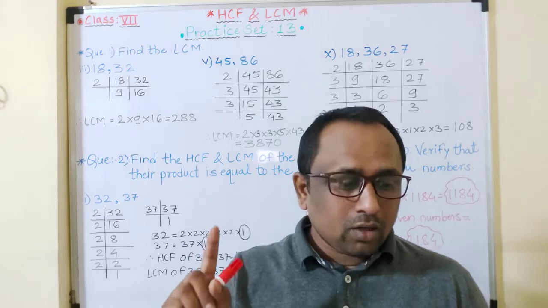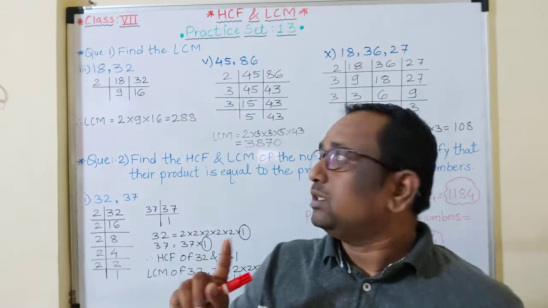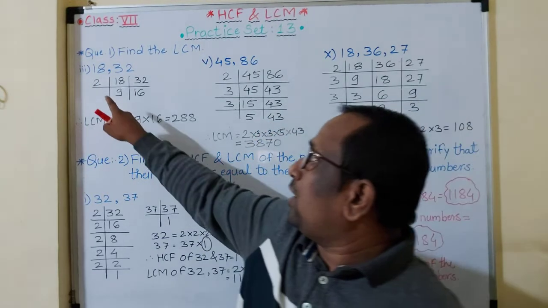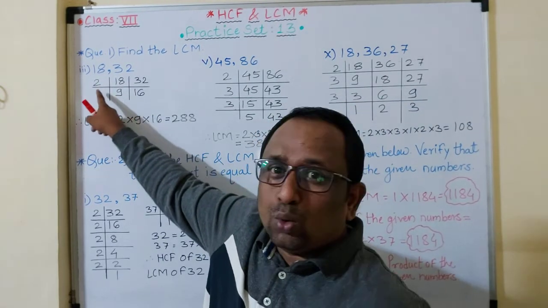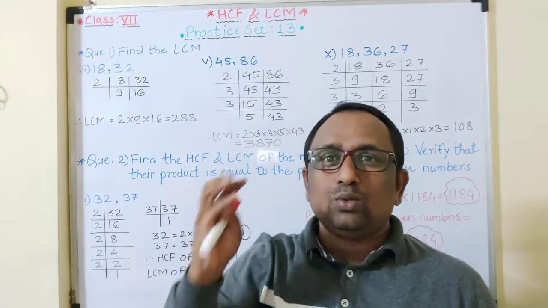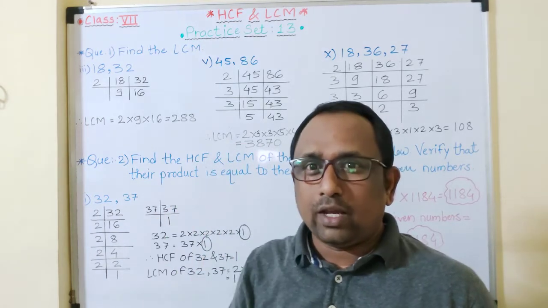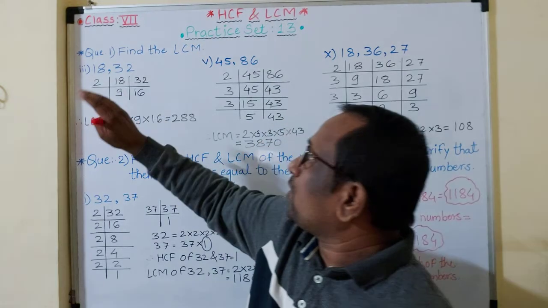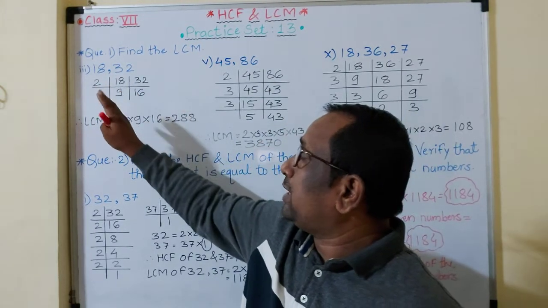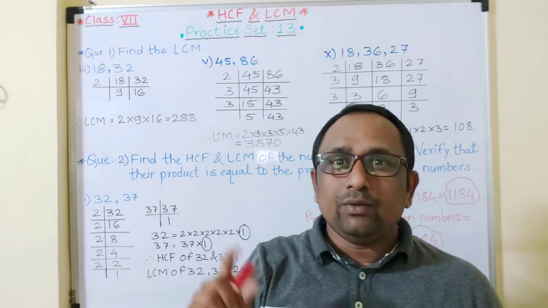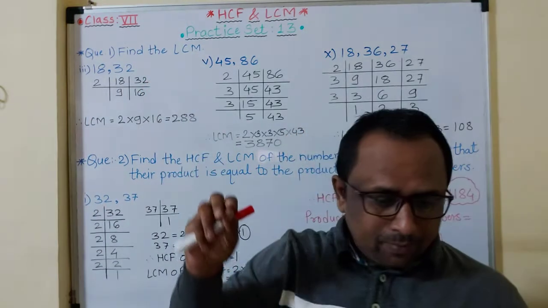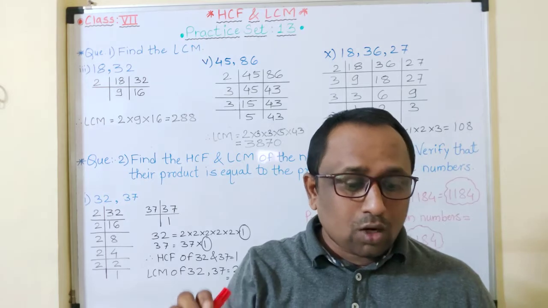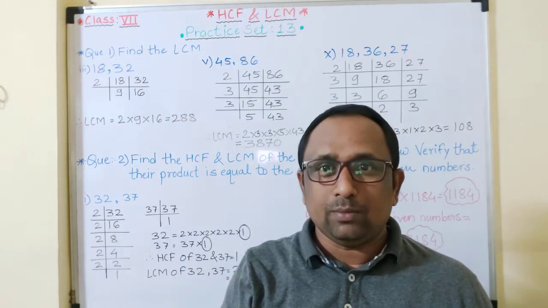Here we have to choose the test of divisibility. Now here, 18 and 32, we have to use the divisibility test of 2. You know the divisibility tests of 2, 3, 4, 5, 10. So here we just have to choose the divisibility test, meaning which numbers are divisible by this one. Then repeat this process for the question as many times as possible.